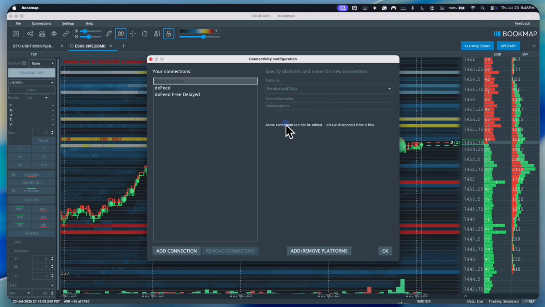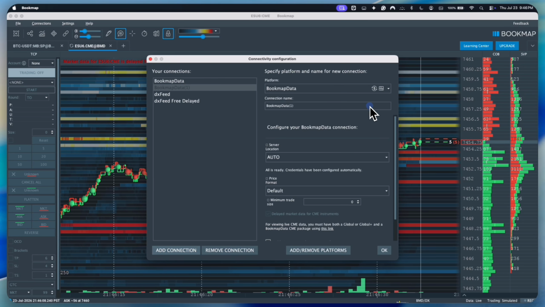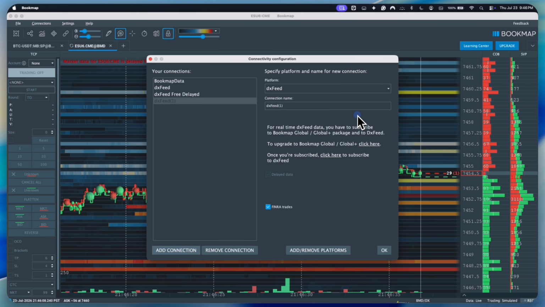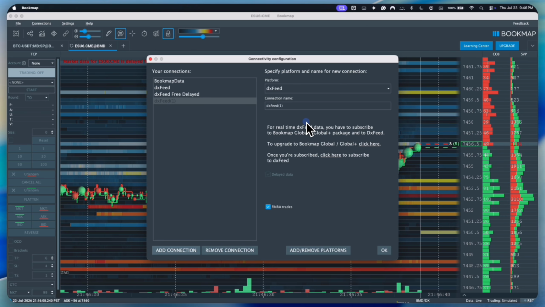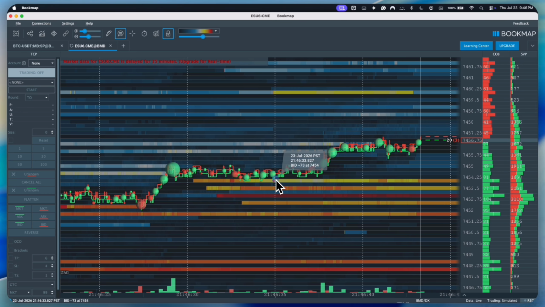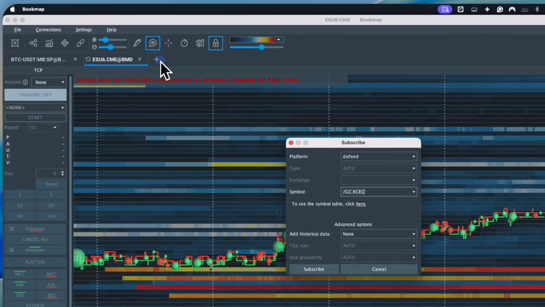And from there, choose add connection and select the broker or provider that you want to use. So keep in mind here that not every connection supports gold, and some options may only be available with certain Bookmap licenses. So once your connection is ready, click the plus button in the top left corner to add a